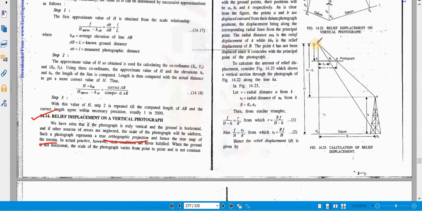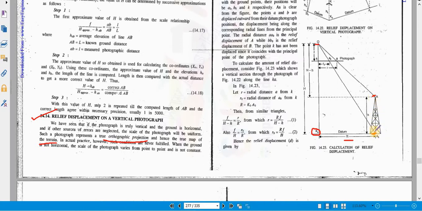Over here there is a photograph, there is a camera provided over here. The line which has been represented is represented by the KO line. This is your tower. Suppose you're taking a measurement of this tower. This is the topmost point of the tower, capital A, and this is the bottommost part of the tower, which is capital AO. This is distance R actually on the ground, and you will see that though these